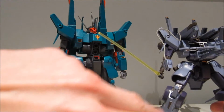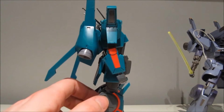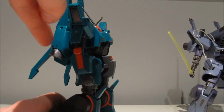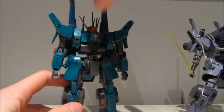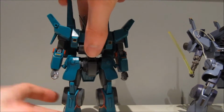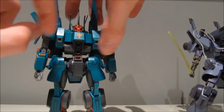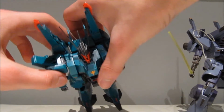Then instead of the purple of the Unicorn version, we now have a dark gray, not quite black, like a light black, dark gray. And then the normal gray is slightly lighter than what we would usually get. And then because this is the Double Zeta Gundam version, we also have a few red detailings on the arm and on the face, and of course also on those mega particle cannons, well, the beam cannons at